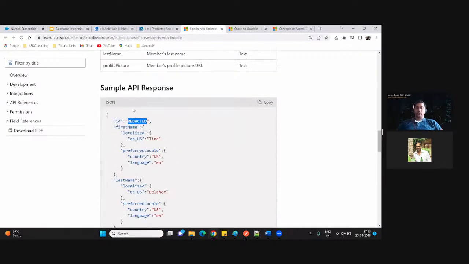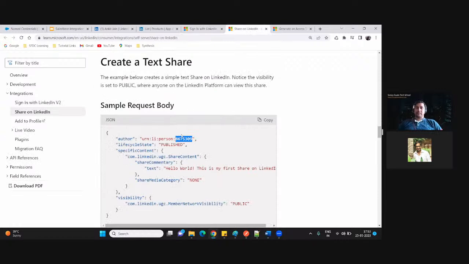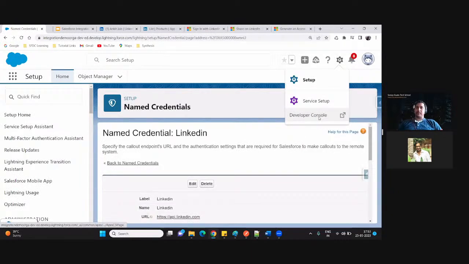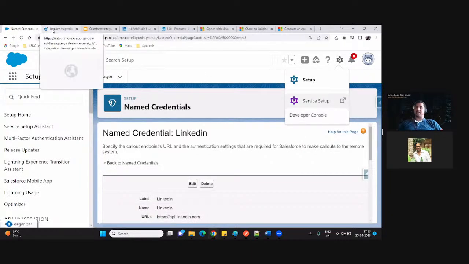So we have to do two API calls here. We'll do first API call to sign in into the LinkedIn, where we will get the ID, right? And the next call that we have to again go on the LinkedIn to post the message. Let's go and do all these calls one by one. So again, I am clicking here, going to the developer console, and we'll write our class here.